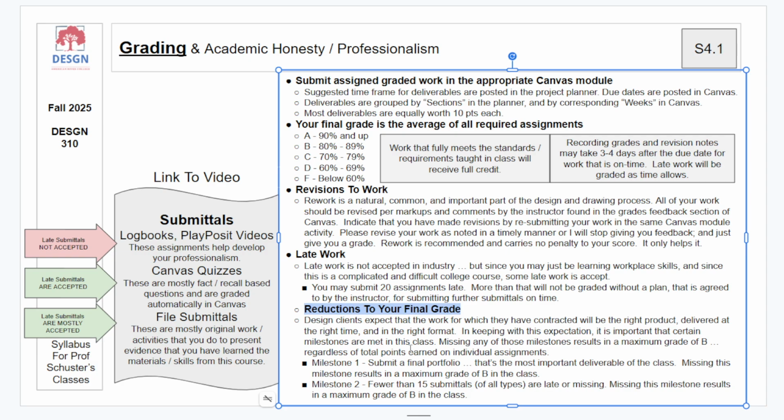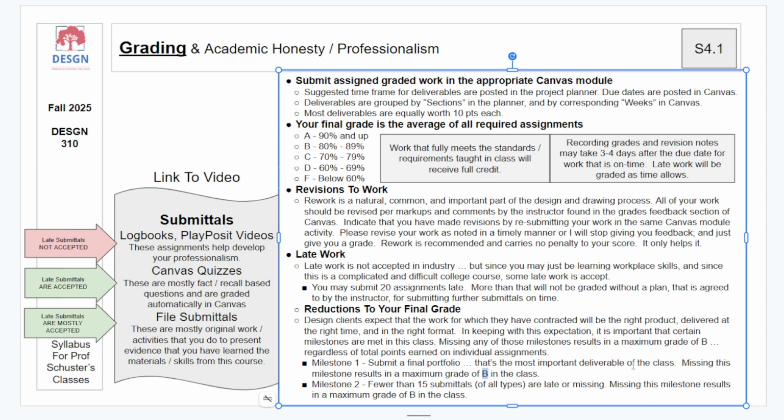The first one is submit a final portfolio. You must submit a final portfolio if you want to get an A in the class. If you miss this, you will get a maximum grade of B in the class, regardless of how many points you've got. So if you've got 95 points and you miss submitting the final portfolio, you'll get a B. Okay?